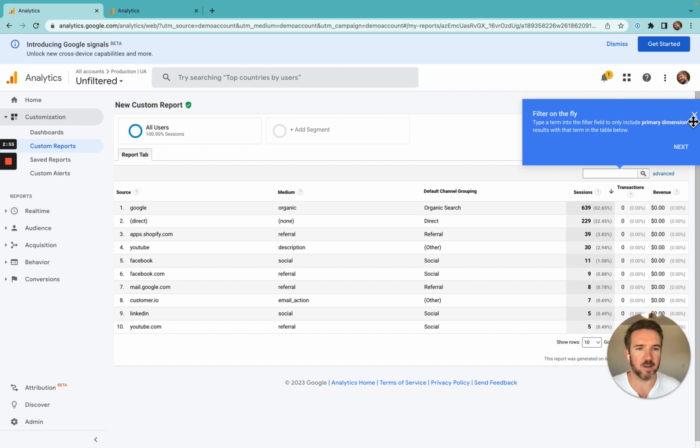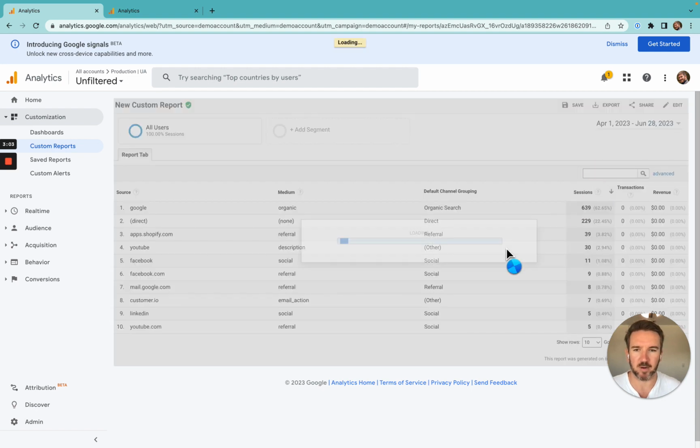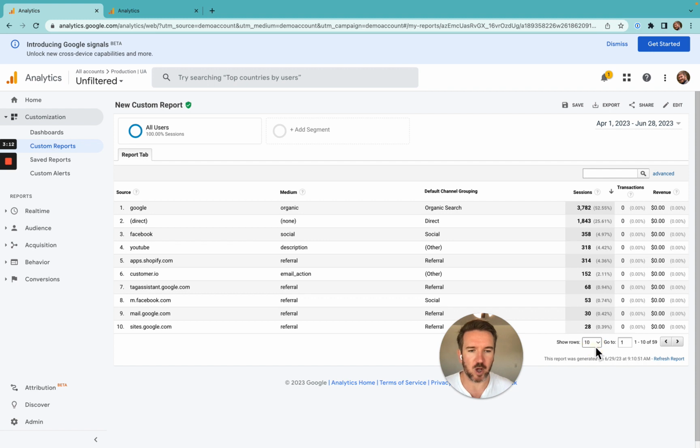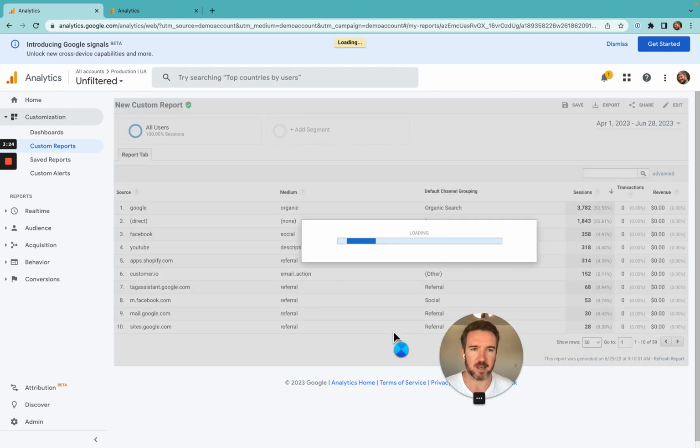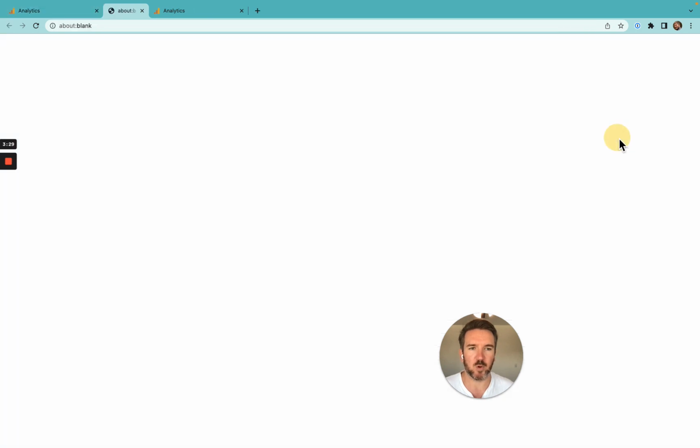Let's select a long timeline. So let's make sure that we select at least the last 3 months, but you could select the full year if you like to make sure that I get all of my channel groups. Okay, great. And now I'm going to show as many rows as I need. 50 is usually enough. Those will be your top 50 channel groups. If you're a larger store, a larger site, you may need 100. But I'm just going to go ahead and select 50. Great. And I'm going to export to Google Sheets,